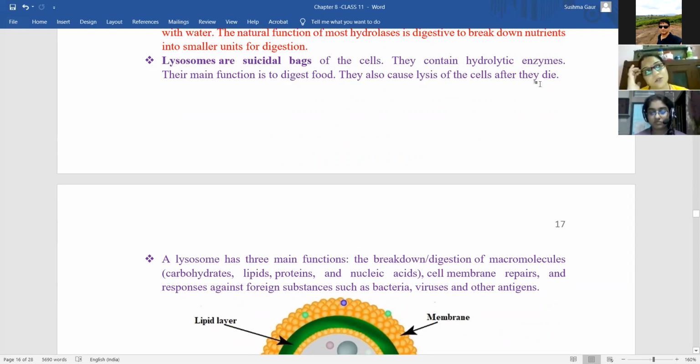Someone must have thought that many of the cells undergo apoptosis. If the dead cells were not cleared, cancer could occur. So where will the dead cell go? These lysosomes are responsible for the lysis of the cell after it has died. When the cell dies, it is known as apoptosis. After it has died, a few things will remain behind, and those things are hydrolyzed or lysed by the lysosomes.